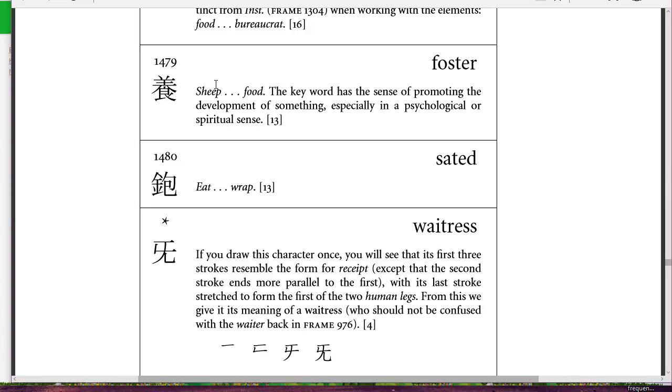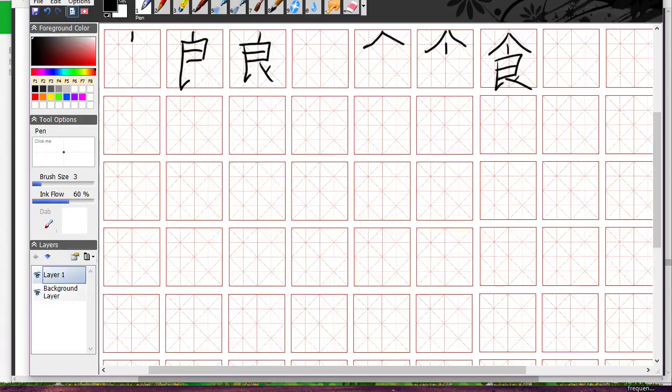And also when you have a foster child, you've got to make sure that you've got them housed, so you put an umbrella over their head, and also food. So you want to make sure they're good, so you can do good, and you also have silverware to eat. So you can do all sorts of things in the story here. So when you think about fostering a child, okay, you want to give them a sheep,